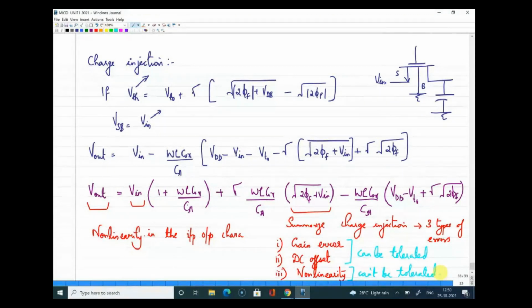So in the first unit itself, we'll see how this can be handled. This cannot be completely removed. We can see what best way we can design a switch so that we can get rid of, or to some extent reduce, this non-linearity problem. So can I get your response in the chat? Are you guys listening?